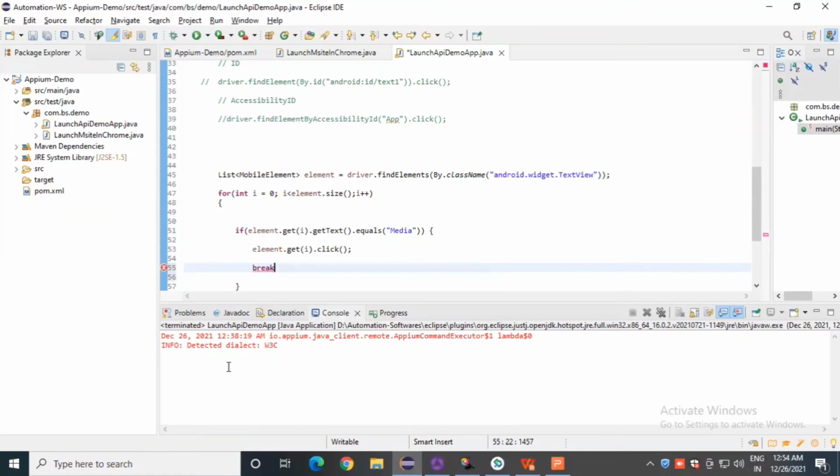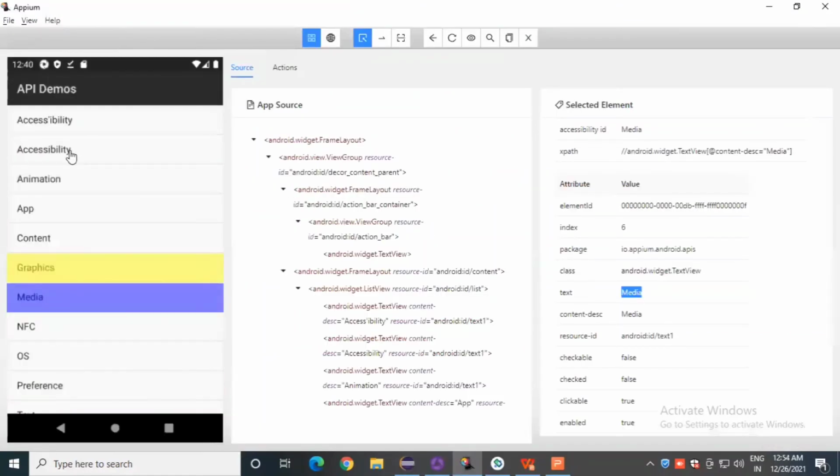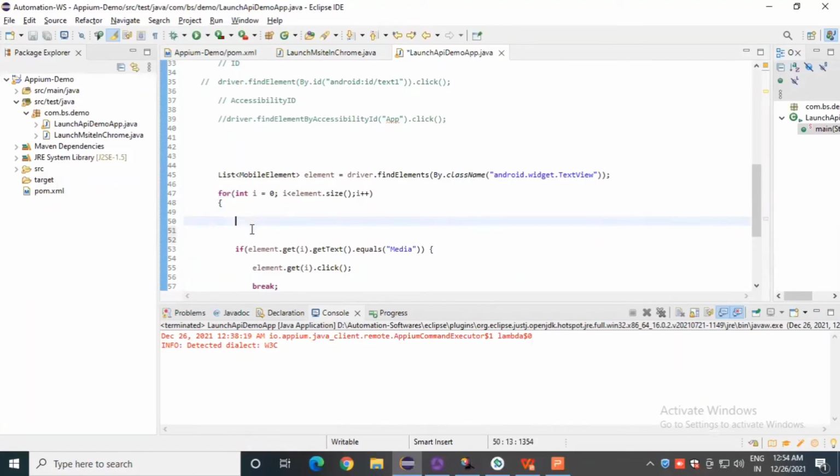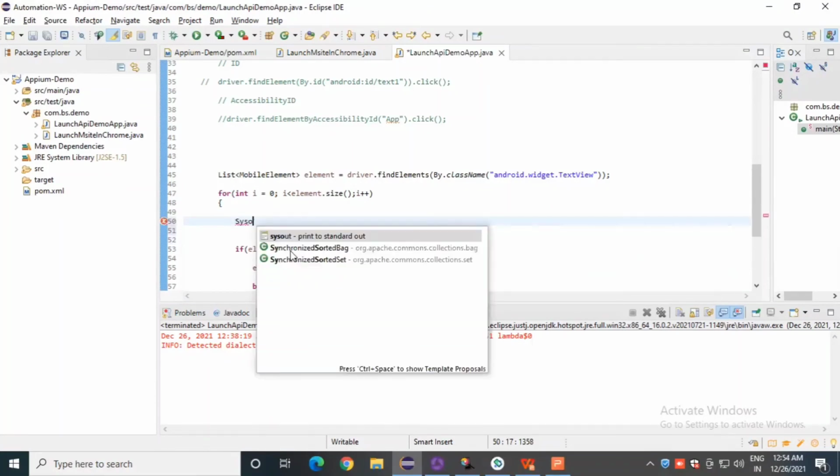Okay, we don't want to run still garbage values, because the list of this particular class name is very big, right? It will scan for all these elements, right? But we want to click on this media. Okay, and after clicking on this, we don't want to run our garbage loop, so we will break that loop here only. Okay, it's still media, we can break. We have to check some console values for this i travel, right?